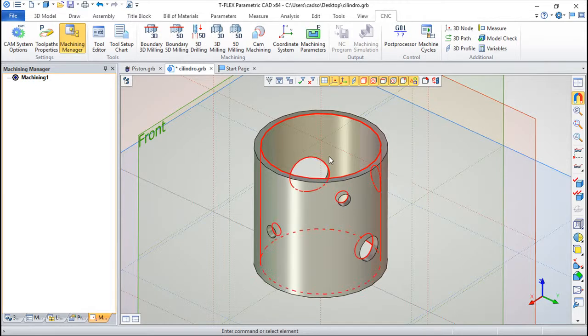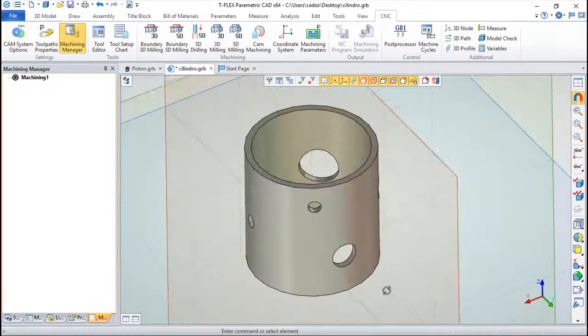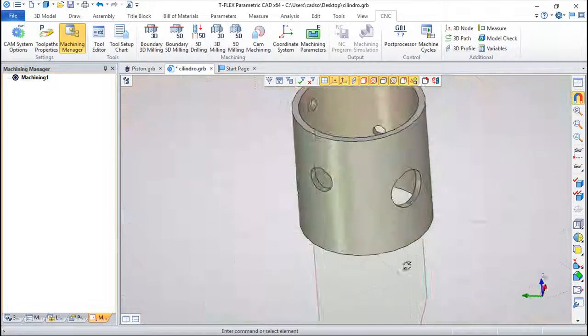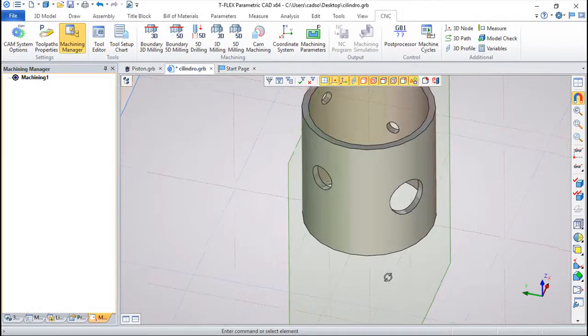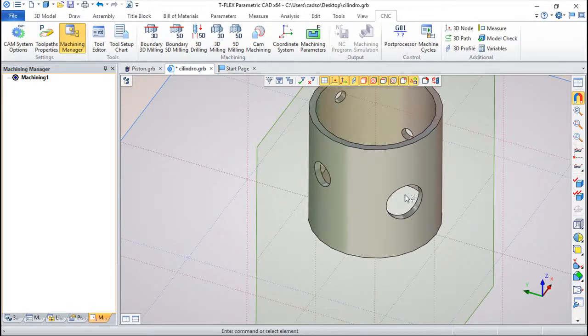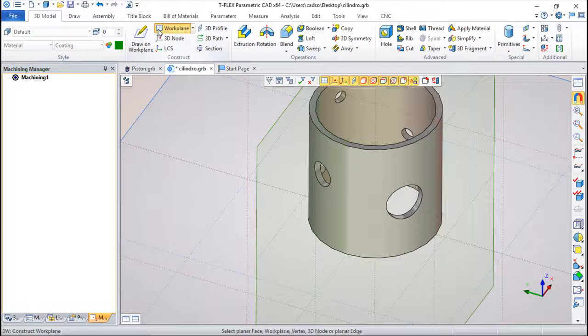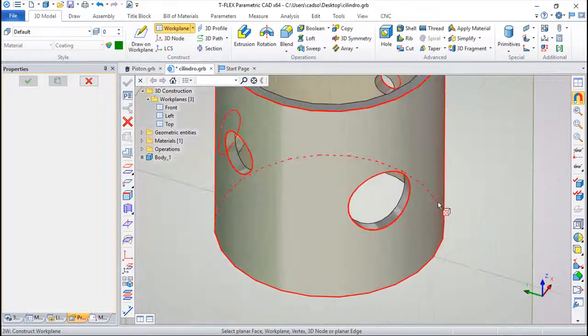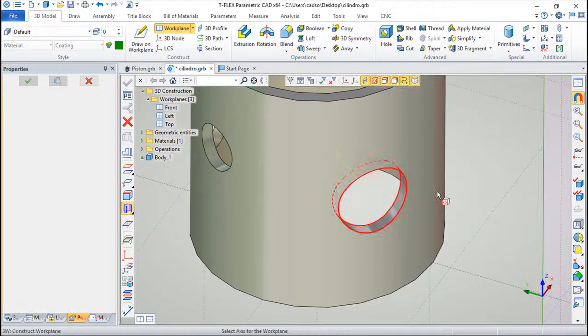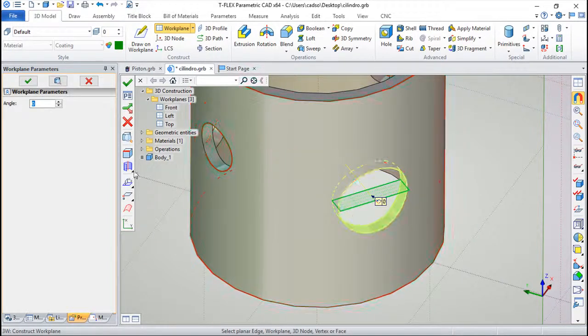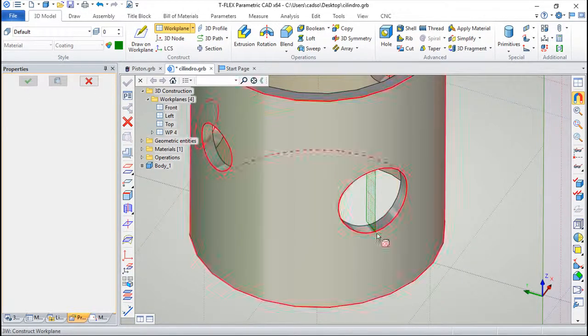Let's try to create something so that we can check how to work with this. I have a couple of holes. I'll try to create an LCS in one of these holes. To do that, I will start with a work plane that I can create having this as an operation, and I will turn this 90 degrees, so something like this. Okay,